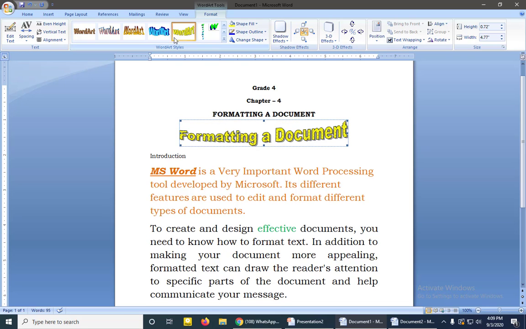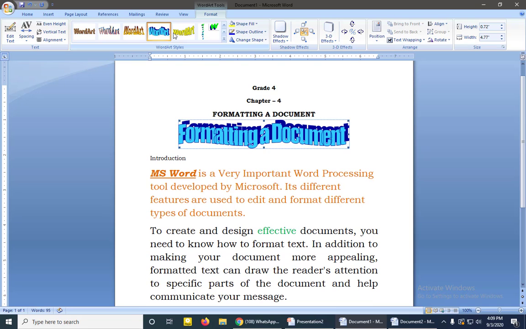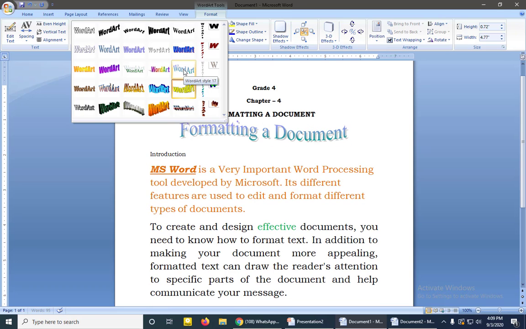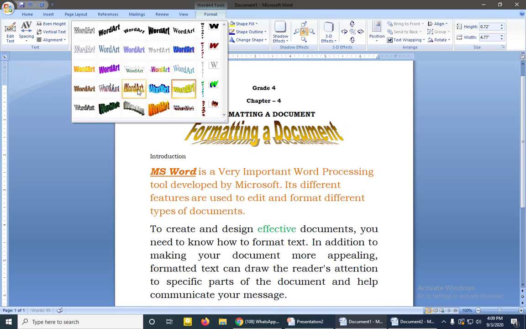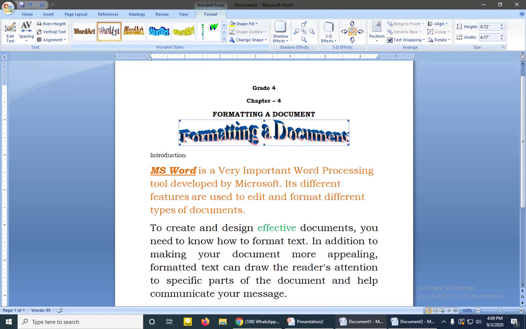See here you can have different formats. If you want, you can change any of the styles you want. See here you get different formats. Wavy form, then shadow format is there. See this time the small size is here, and it is increasing in a pyramid shape. So whichever design you want, you can select.